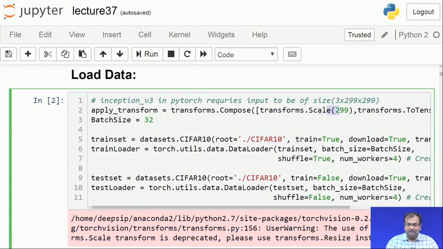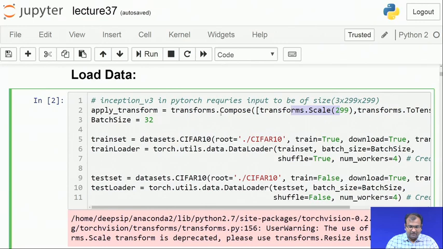So today what we are doing for this one, quite unlike the VGGNet where you were scaling it up to 224, this is getting scaled up to 299 cross 299. So this is the pixel span for each of these images. Now this part of the code is pretty simple.